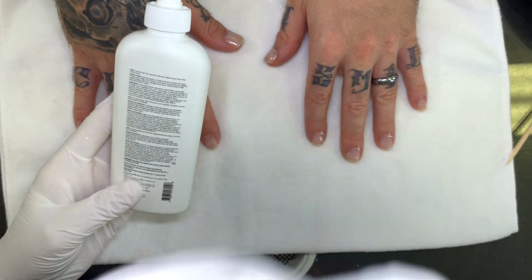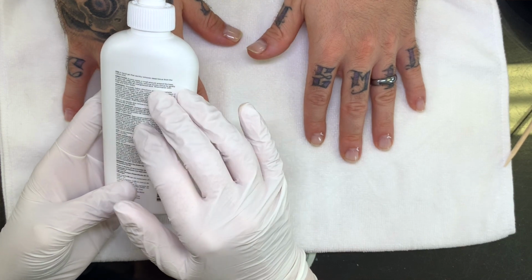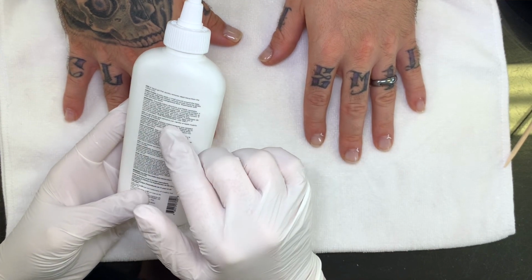Okay, so now, important part. Each remover is slightly chemically different, obviously, so it's important to read the labels and figure out how long you're supposed to leave it on a nail. And according to that,